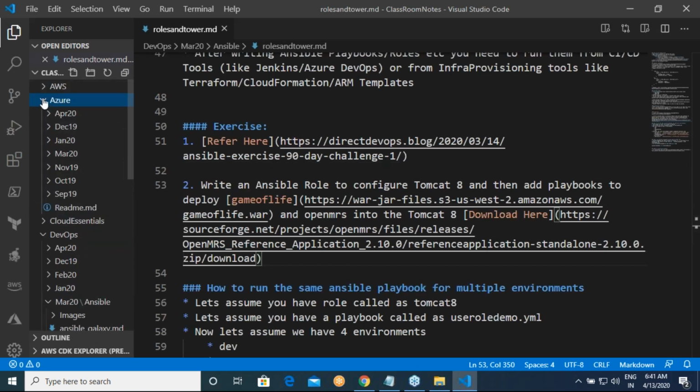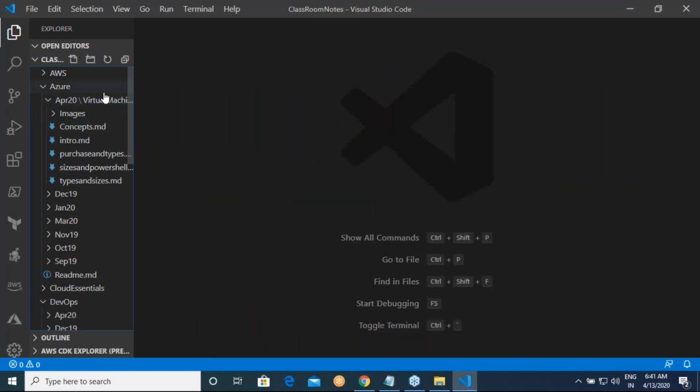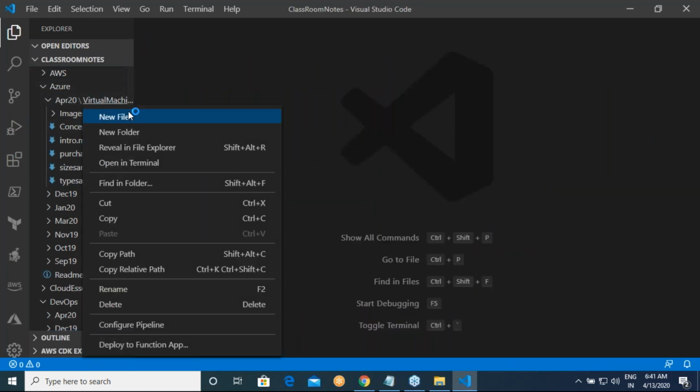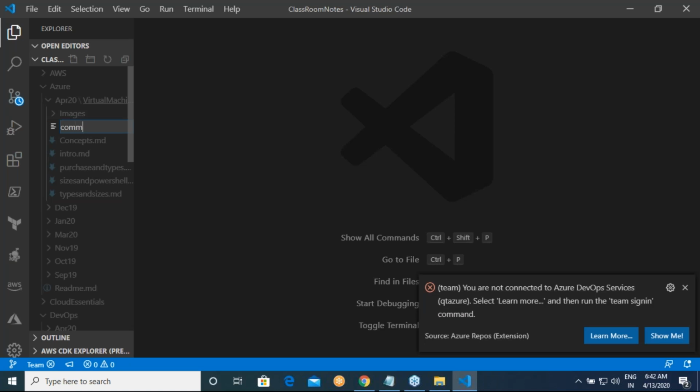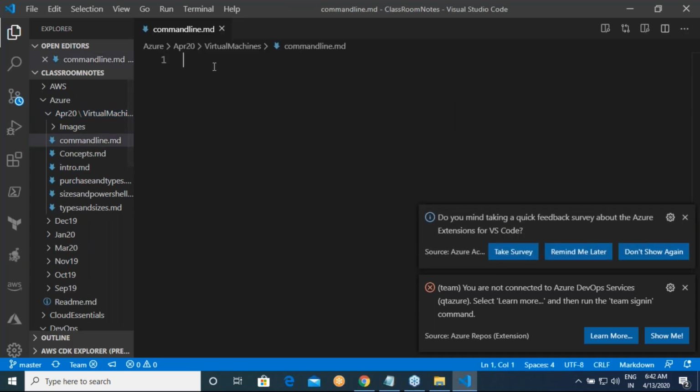Okay, Azure CLI. First, installation, right?